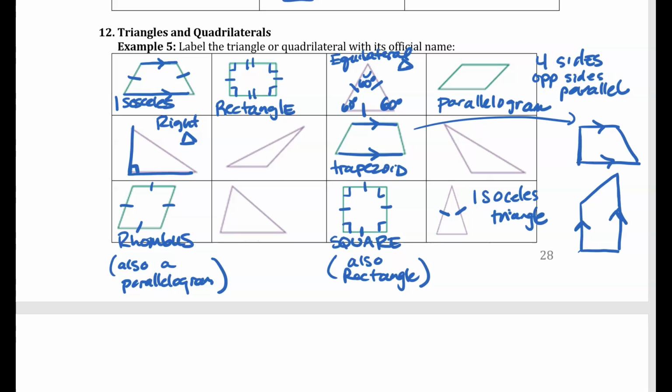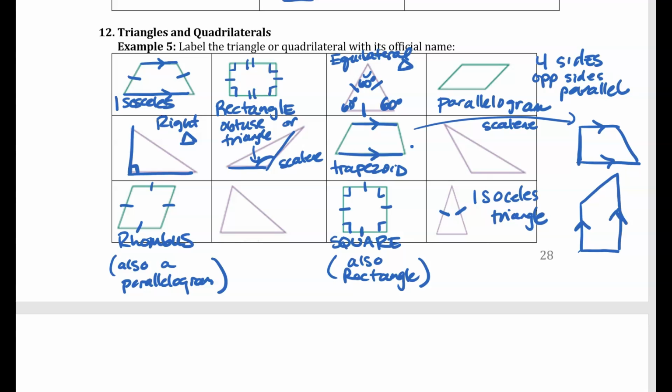And then let's see, we've got a couple of other triangles here. We could call this one an obtuse triangle, which just means that it has one obtuse angle, which is an angle that's bigger than 90 degrees. This one over here, they're very similar, could be scalene or obtuse. So an obtuse triangle has one obtuse angle, and then I'll write scalene for this one just so that we can